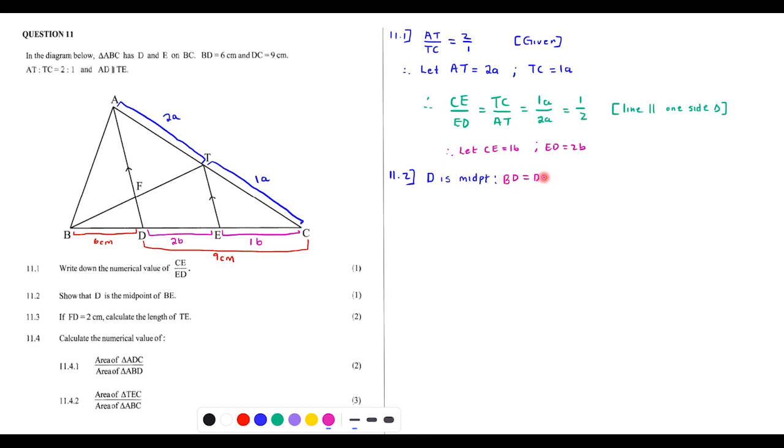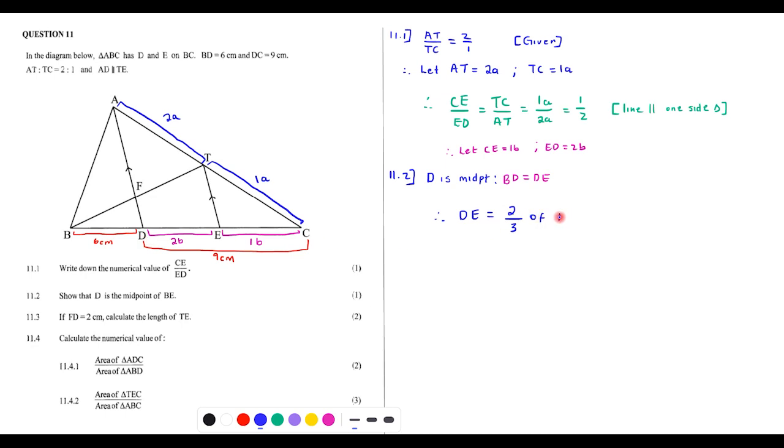Luckily I know the portion of DE. DE has a ratio of 2, so to find DE, I'll say it is 2 parts out of the 3 parts that we have,